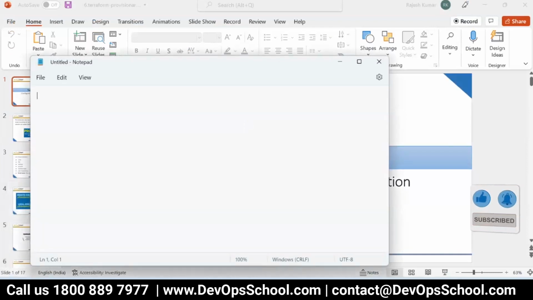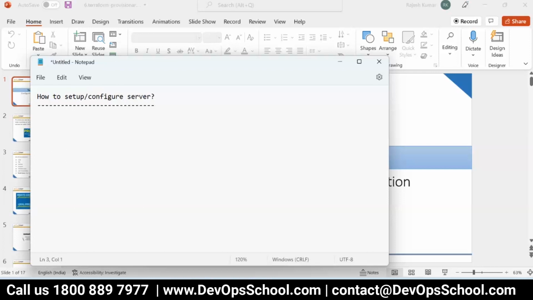So my question is very straightforward. How to set up a server, because you created a server using Terraform? How to set up a server, configure it, or in simple words, install an application on the server? What are the approaches? I'm not saying manually. Now you don't tell me, Rajesh, I will log in, and after that I'll copy this file, that file, install this package, that package, and start the service. All I'm asking is an automation method. So think and tell me.